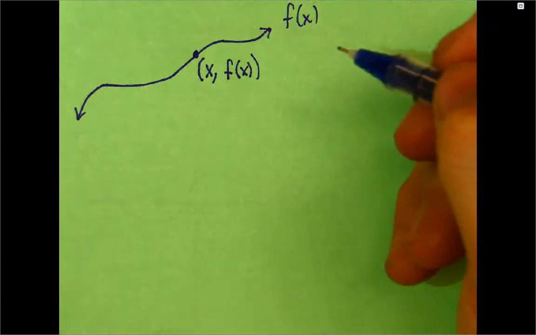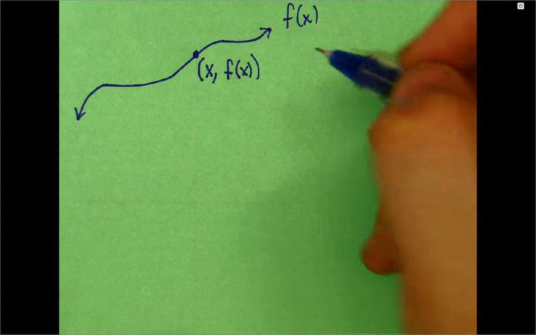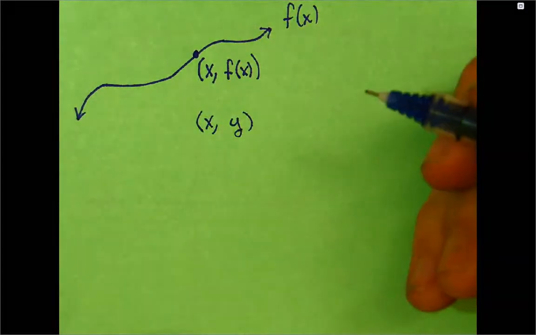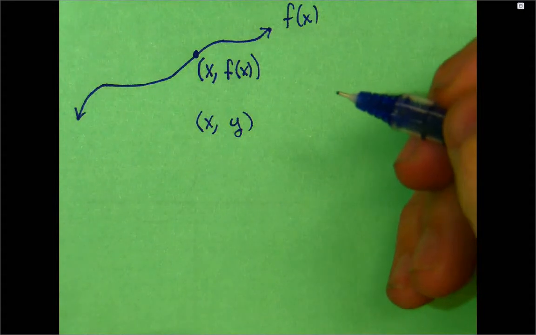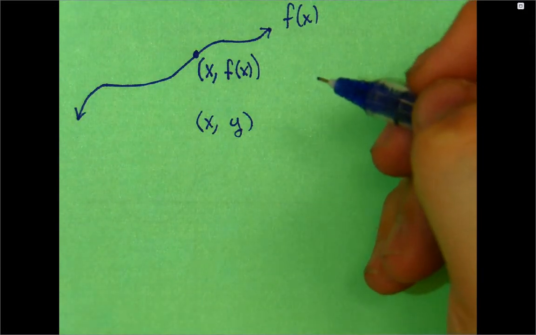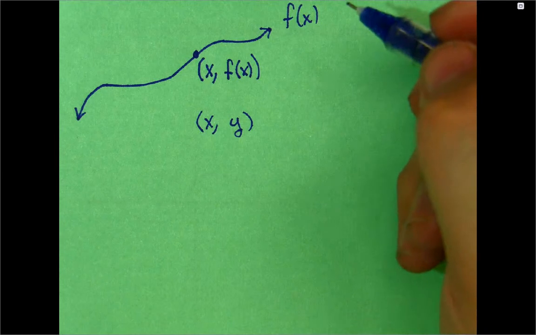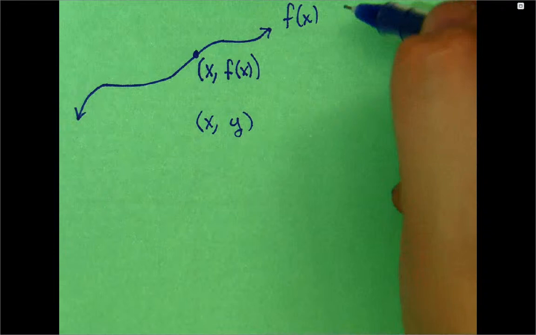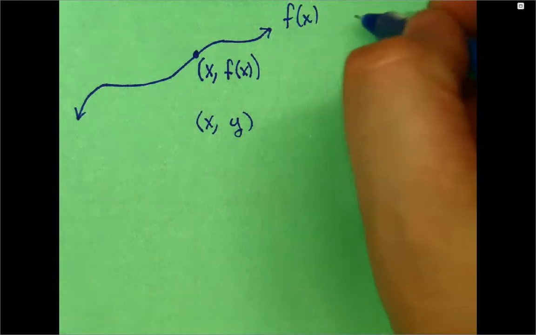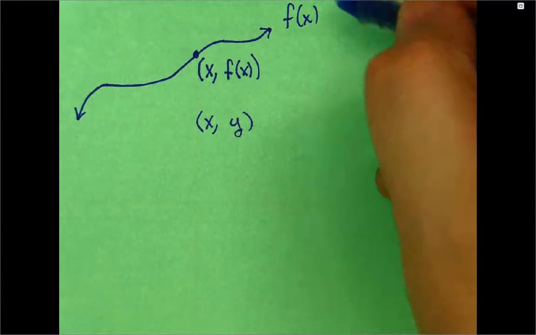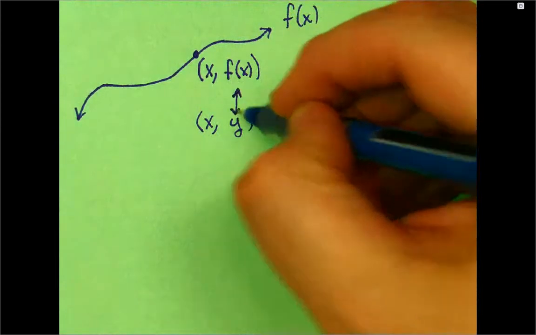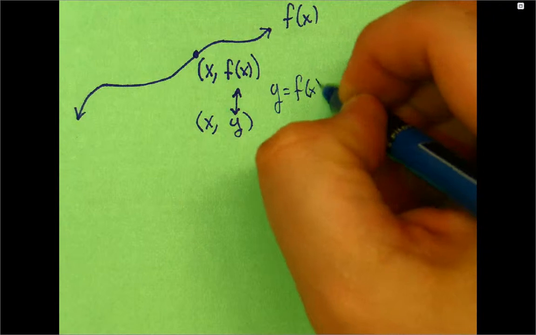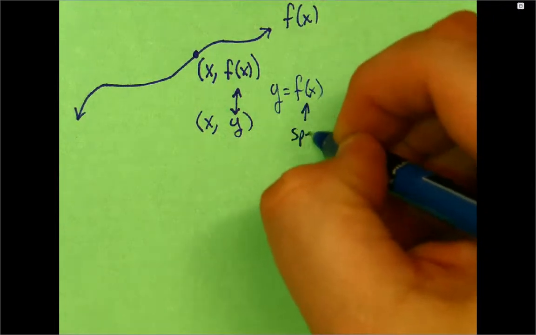Now, I know that you guys are used to seeing points that are in this form, x, y. But one thing that you have to do, and yes, you're going to see y equals a function of x a lot, but you're going to see a lot more the farther you go in math, f of x is equal to something, where this is the name of a function. Your y and your f of x are the same thing. y is equal to f of x. This is just more specific